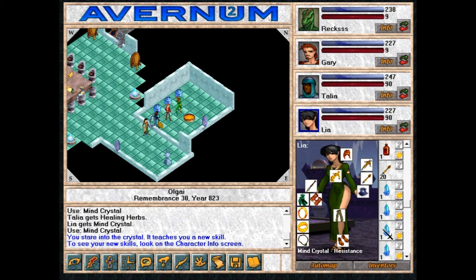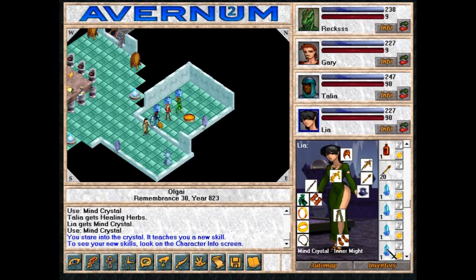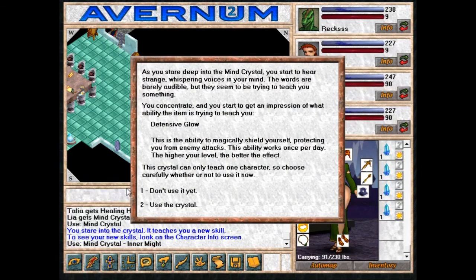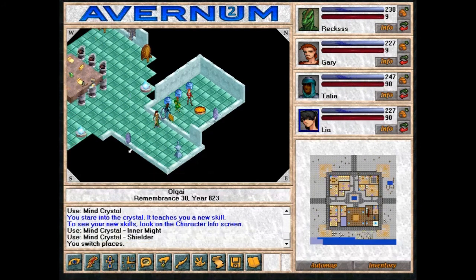And Resistance. You know, Resistance would probably actually be kind of useful for Leah. Well, some of them might be. I don't know. Inner Might. What does that one do? Lets you bless yourself. That probably would be good for Rex or Gary. Pathfinder, Gymnastics, Shielder... Wait, Shielder? Magically shield yourself, protecting you from enemy attacks. I mean, some of these are useful, but...